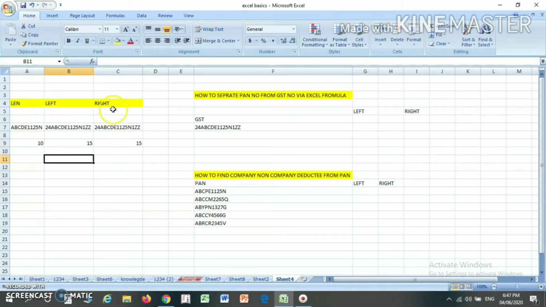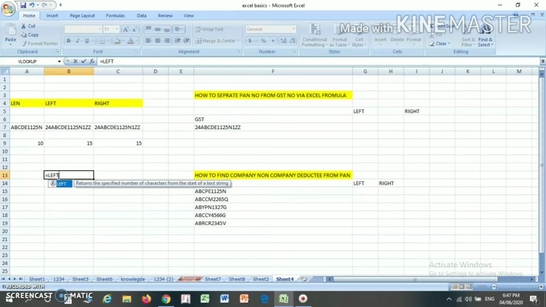Next, the LEFT formula. Suppose this is the GST number or particular cell data. If you want to separate the first 5 characters from your cell data, then how can you separate? You just write equal to LEFT, bracket open, select your particular cell, press comma, and if you want the first 5 letters, write 5 and bracket close.